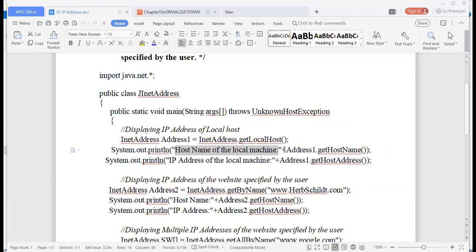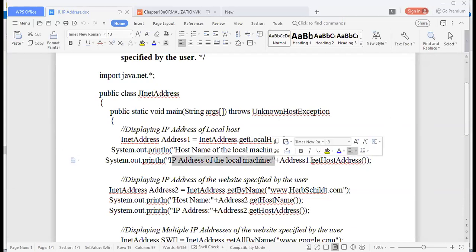Plus, I have concatenated the actual name. How will I know the actual name? By using the instance method getHostName. Whose host name will it return? It will return the host name of the object address1. But address1 will give me the address of which machine? Localhost. Got it? So it will give me the name of the local machine. Then it will print the name.